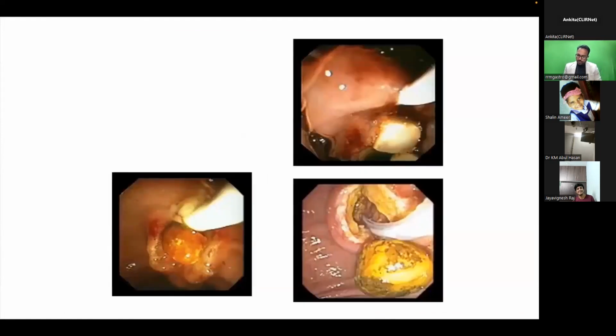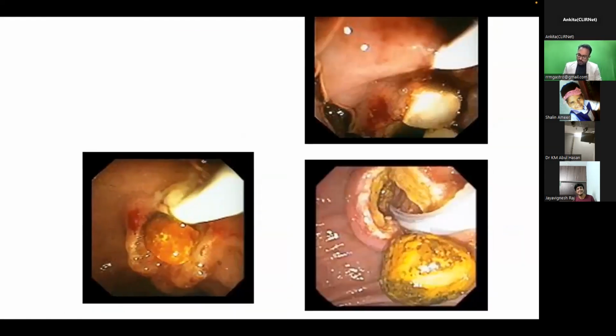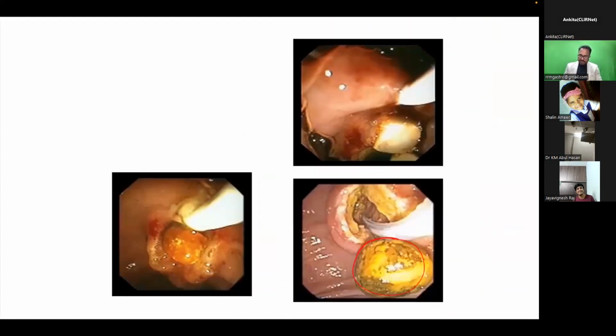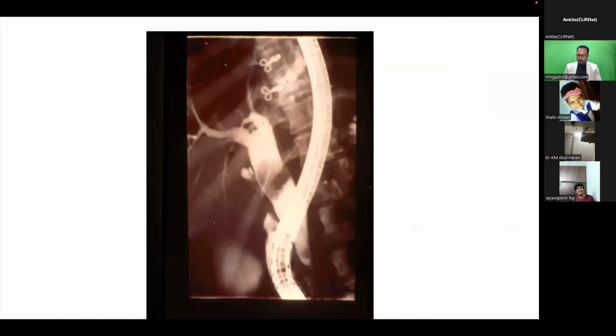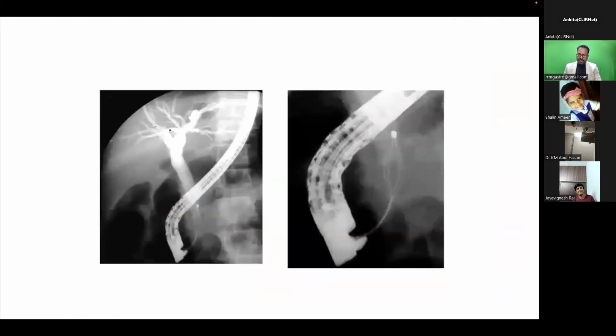This is a picture showing you. You can see sphincterotomy we are doing, and we are removing the stones out. Can you see? We are doing ERCP sphincterotomy and removing the stones in this picture by a side viewing scope. There's a procedure going on. The stone in the bile duct is getting removed, and after removing the stone, you can see in this